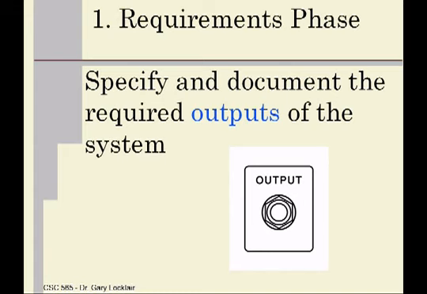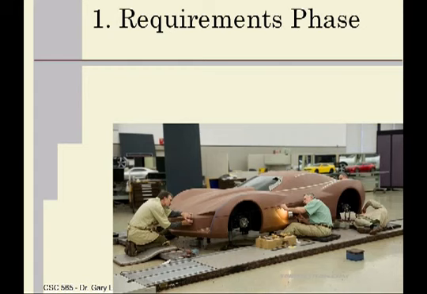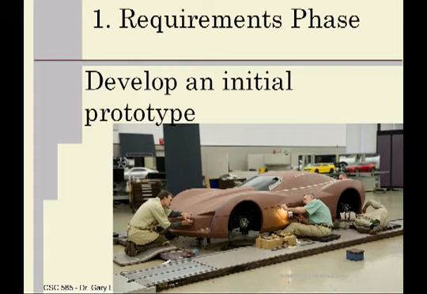So you've got to figure out, okay, we're coming up with a system here. What outputs does that system need to generate? Why? Because the output is the information. The information is what people use to make a decision and to solve problems. Specify and document the required outputs of the system. One way that we do that, in addition to writing things down, in addition to documenting things, is using a technique called prototyping. A prototype is a